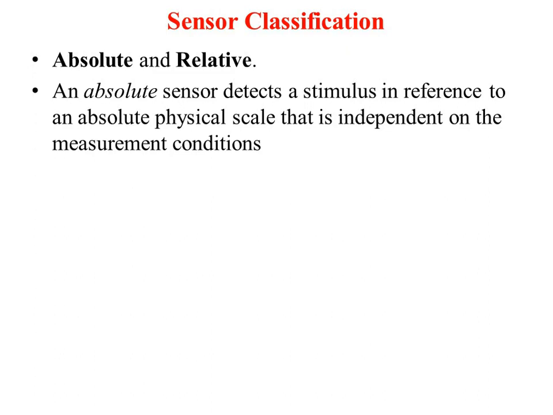So that Kelvin you need to convert it into centigrade, and accordingly you have to calibrate the equations. So you are measuring it with the Kelvin as an absolute physical scale, and that is independent of the measurement conditions. Whereas